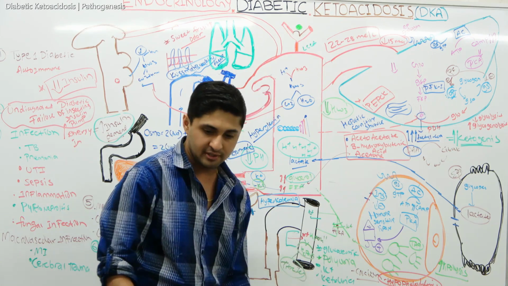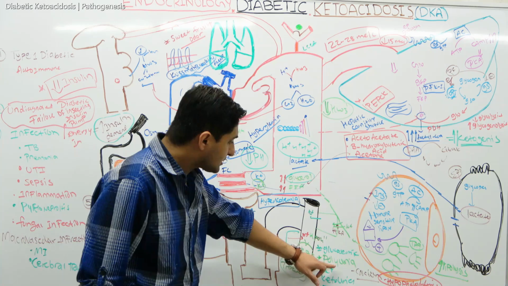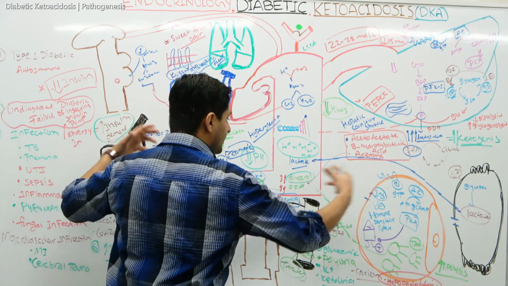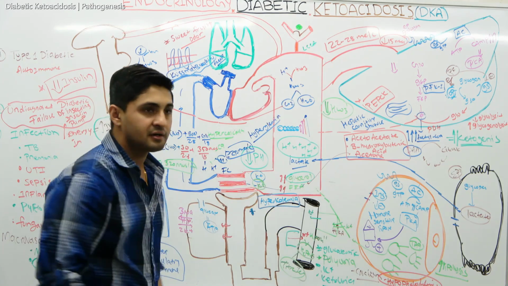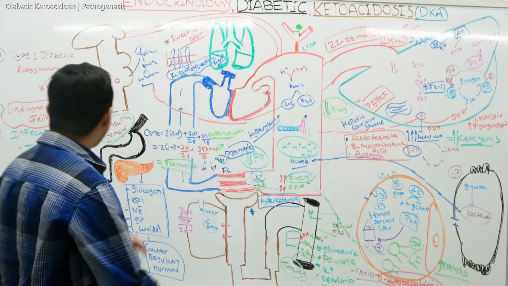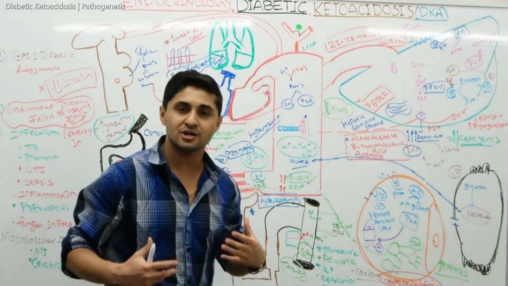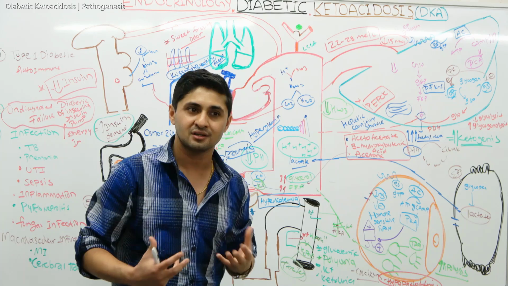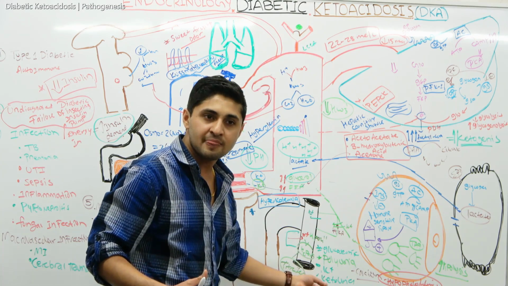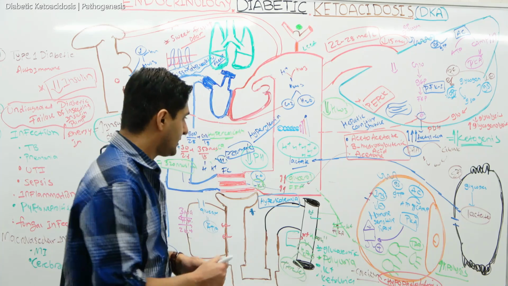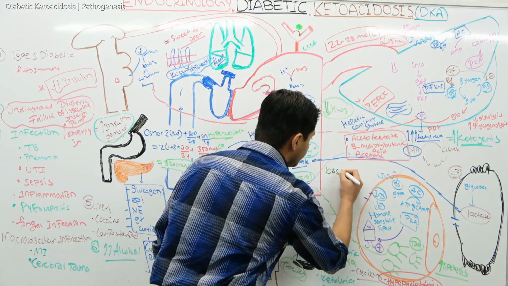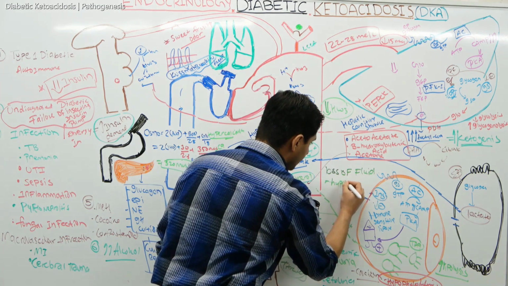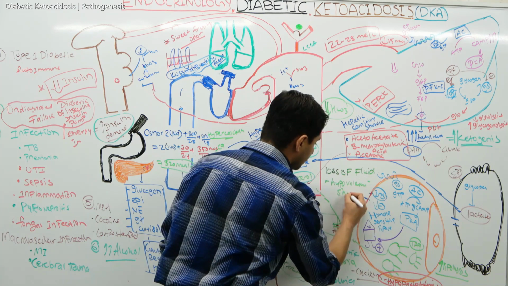Now, not only this is happening here, what else is going to happen? Whenever you have a lot of polyuria, that means you're losing a lot of water, right? And because of the glucose, these cells are shrinking, and remember, our brain requires a lot of water. If you are removing a lot of water and passing out these frequent urinations, that means there's a loss of fluid, guys. Whenever there's a loss of fluid, what is going to happen? That could lead into hypovolemic shock, okay?